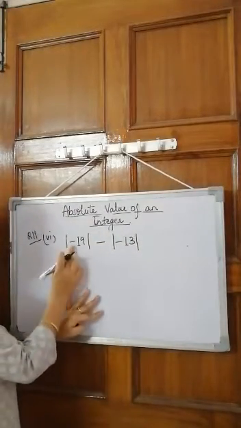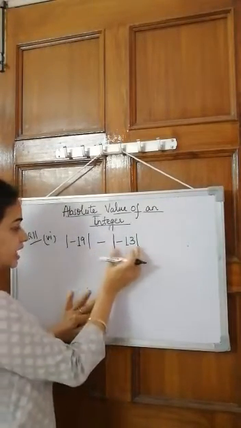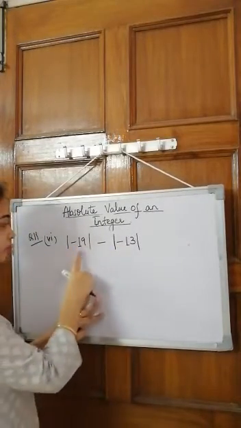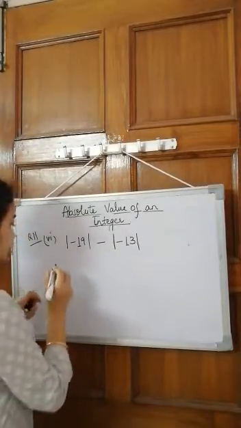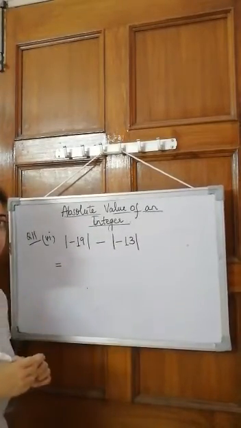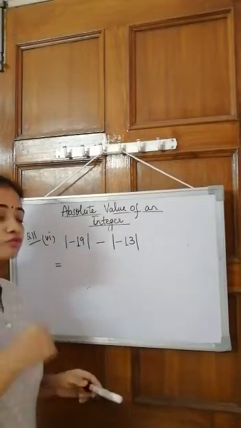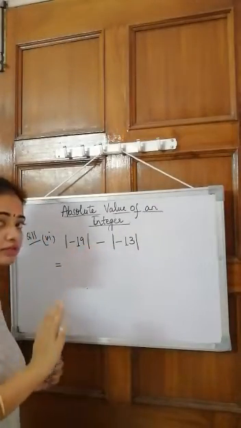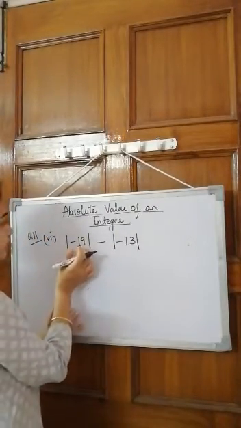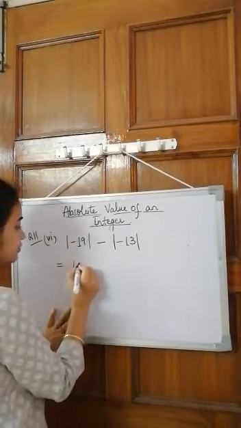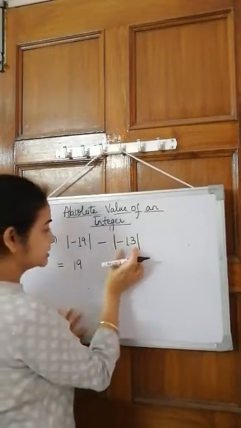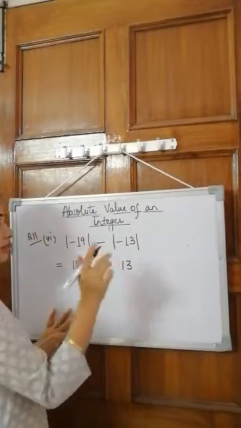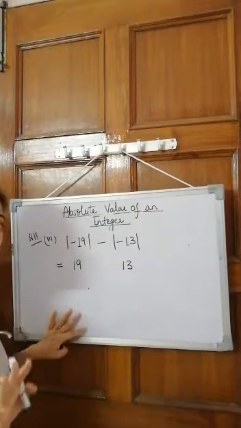This says the absolute value of minus 19 subtract the absolute value of 13. So from the absolute value of minus 19 we have to subtract 13. Now what we'll do, the first step when we solve any question like this, is to remove the absolute value sign so that we can solve it. So how can we remove the absolute value sign? Since this is minus 19, this number will become 19. This is minus 13, so this number will become 13. One very important thing is there is only one number inside the sign, so we can easily bring it out.